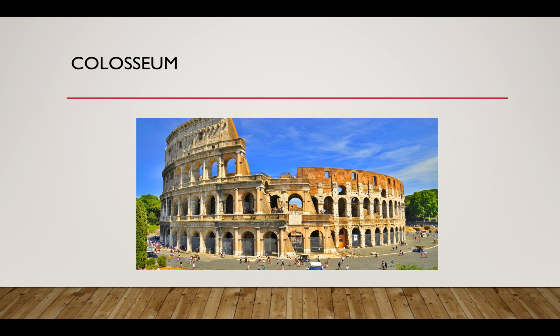Another thing that they did was build the famous Colosseum. So you can see the arches all around it, and aqueducts would bring water into the Colosseum to reenact naval battles. They would have gladiatorial games, and you can also see there's three different kinds of columns as you go